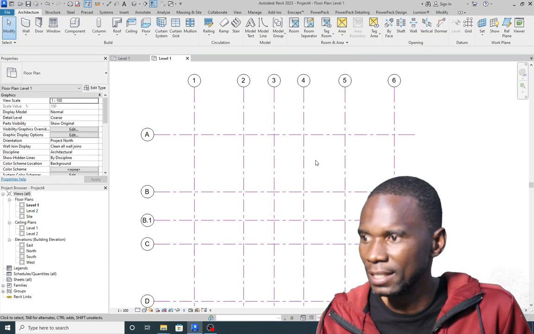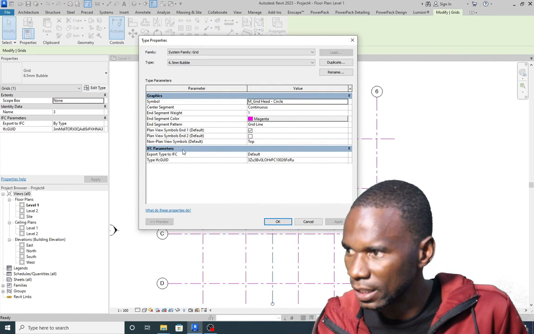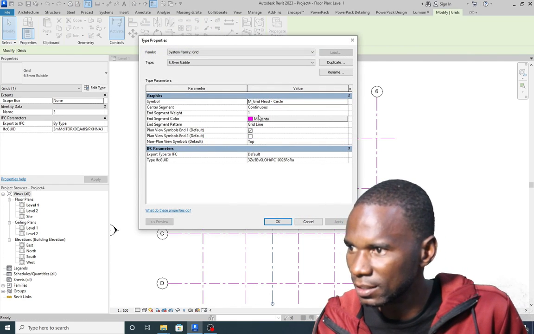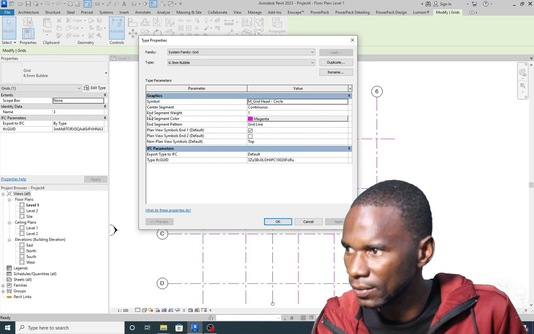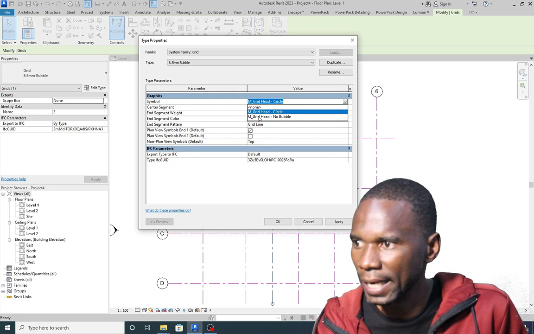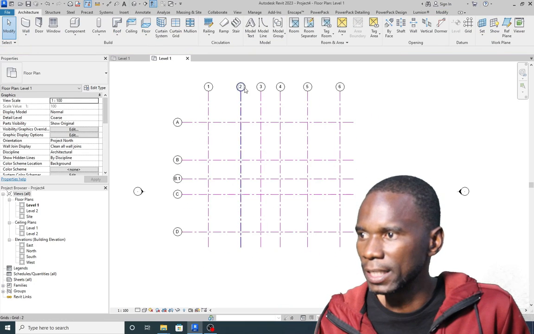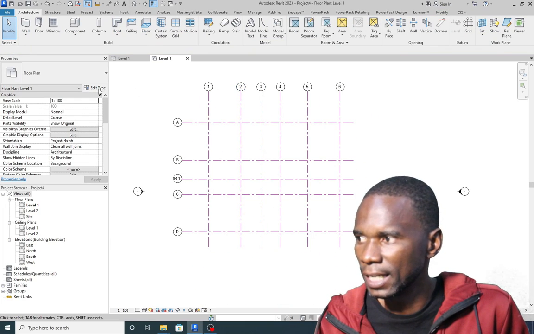So you can change these lines from that option. Click on it once again. What else do we have to change? These are the only things. Like the color, you can change. The grid line, you can change. And now let's go to the next step where you can customize the head, and those families you are going to create will appear right there. I'll cancel. Okay, so we said that you can change the color from here and the size from the properties,